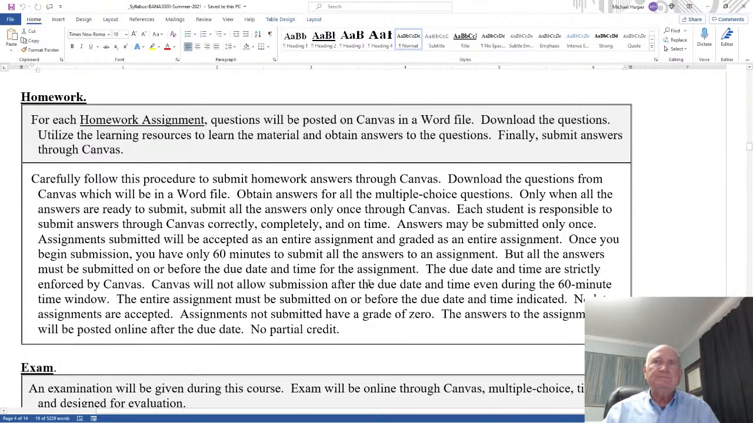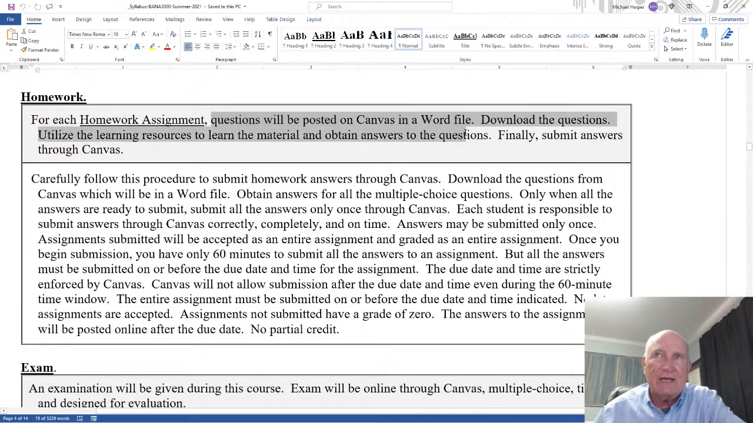Okay, homework. This is important in submitting the homework. Questions will be posted on Canvas in the Word file. Download the questions. Utilize the learning resources to learn the material, obtain the answers to the questions, and finally submit the answers. Now notice how this works. Carefully follow this procedure to submit